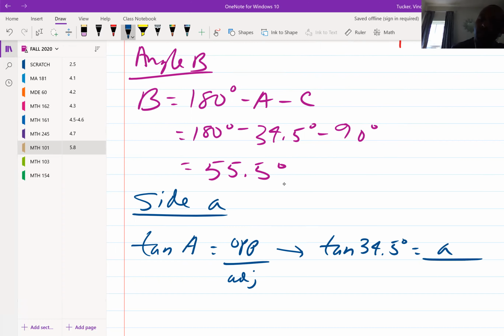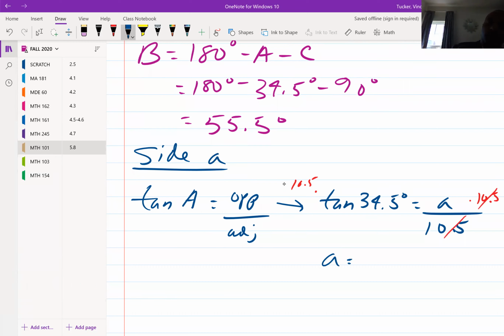So opposite is A. So you have tan of 34.5 degrees equal to A over 10.5. Then to solve, multiply both sides by 10.5. So A is going to be equal to 10.5